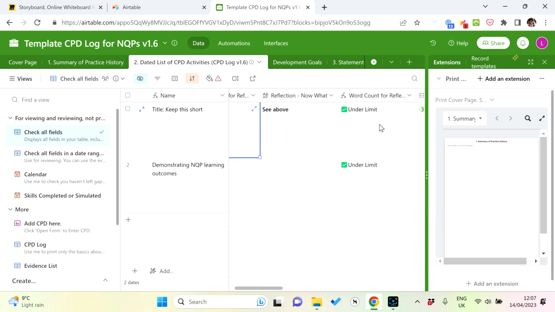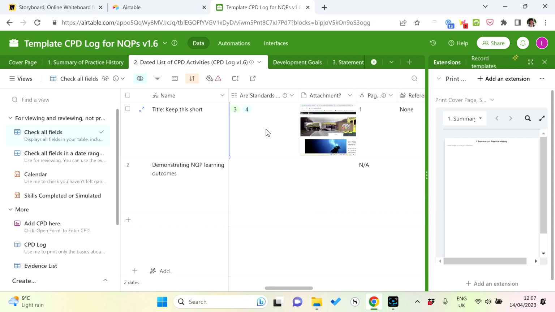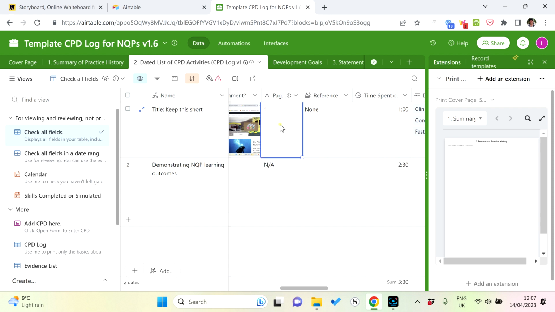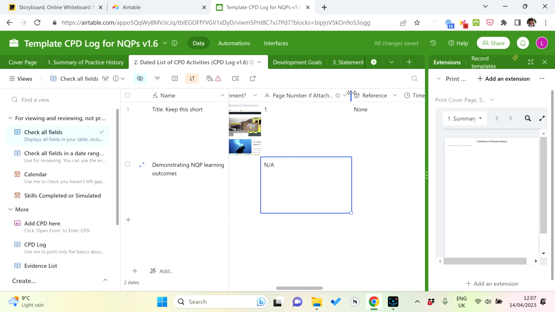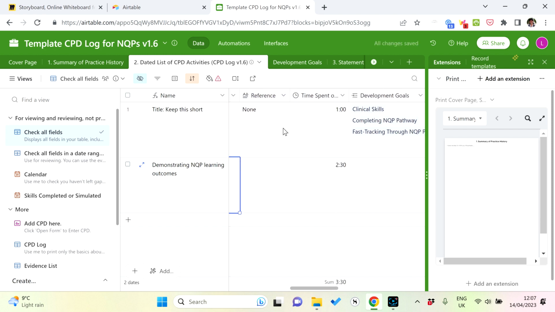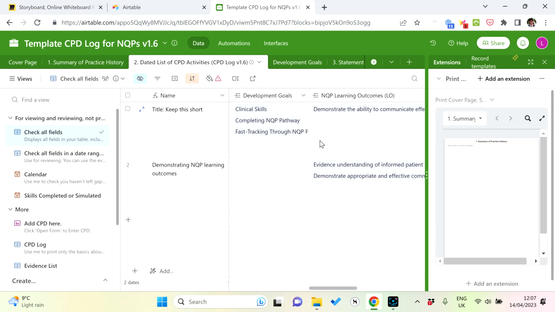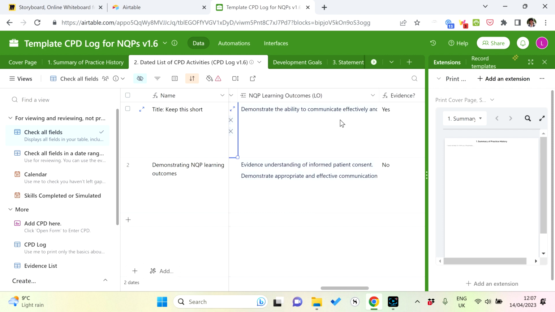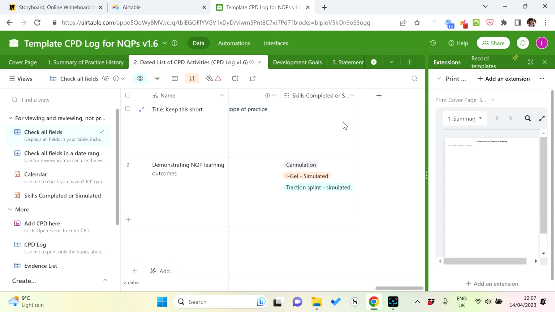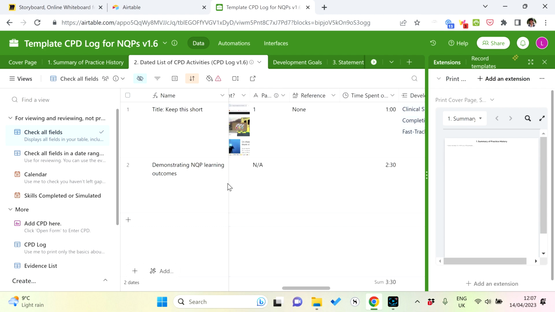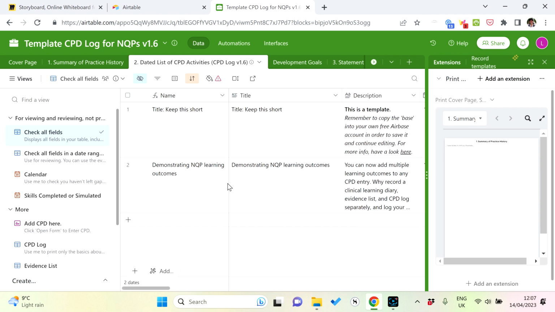Okay, once you've checked your word count, again you can continue coming across. If you did want to add a page number for featured evidence, you can do that. If not, just leave it blank. References, you would have put those in earlier if you wanted them to be there. Feel free to change any of your learning outcomes, development goals, and so on. Once you're happy that everything data-wise is in there and your word counts are correct, we then can come across